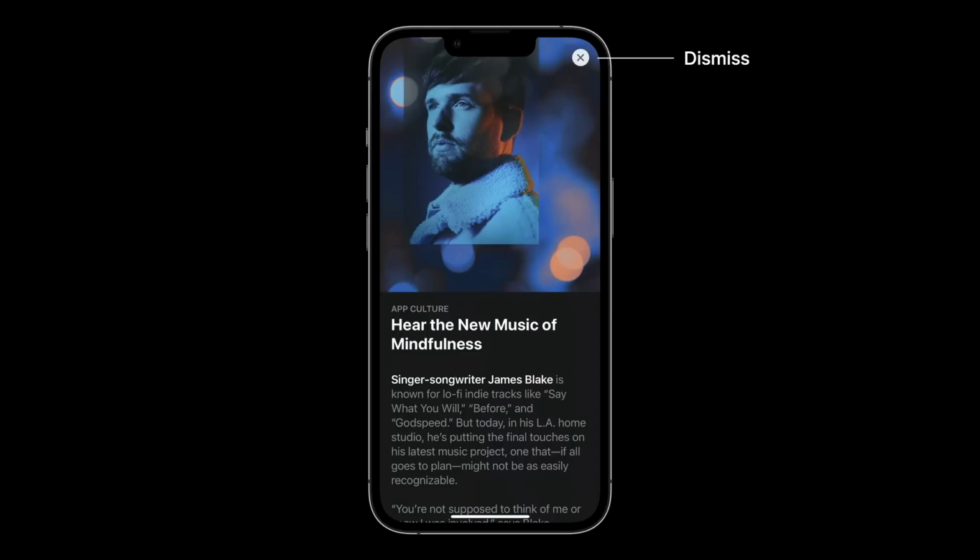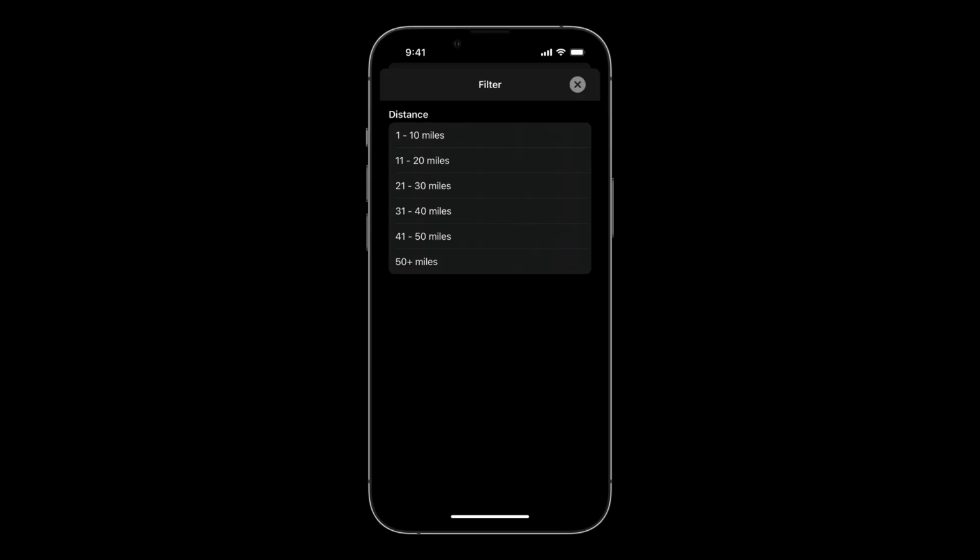Here's an example of how the close symbol can be problematic in a modal that requires input and interaction. After I select a filter, if I tap close, will the selections be applied or canceled? Without a clearly labeled action, people will wonder, what happens if I tap close? So keep in mind that using labels in the navigation bar is usually preferred, as it's more affirming and the actions are more explicit.